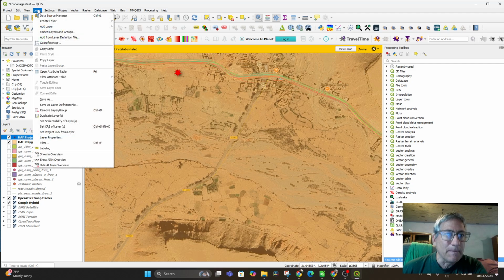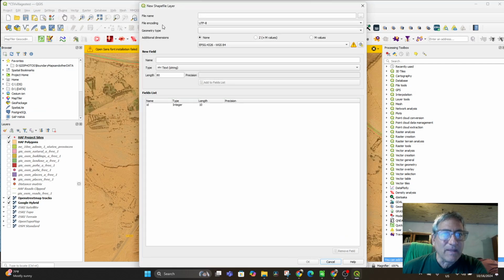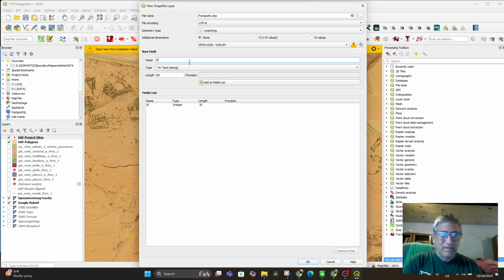So we're going to go layer and create layer, a new shape file layer, and we'll call this footpaths, I guess. So footpaths, the geometry type is going to be a line string this time, and the name is going to be footpath name, or just name, I guess, as type string, text string, and then we'll put in here the